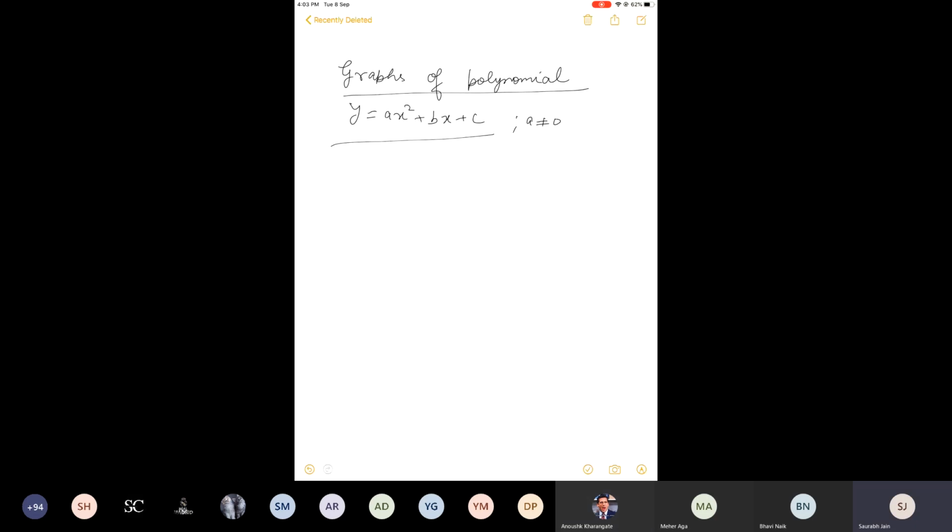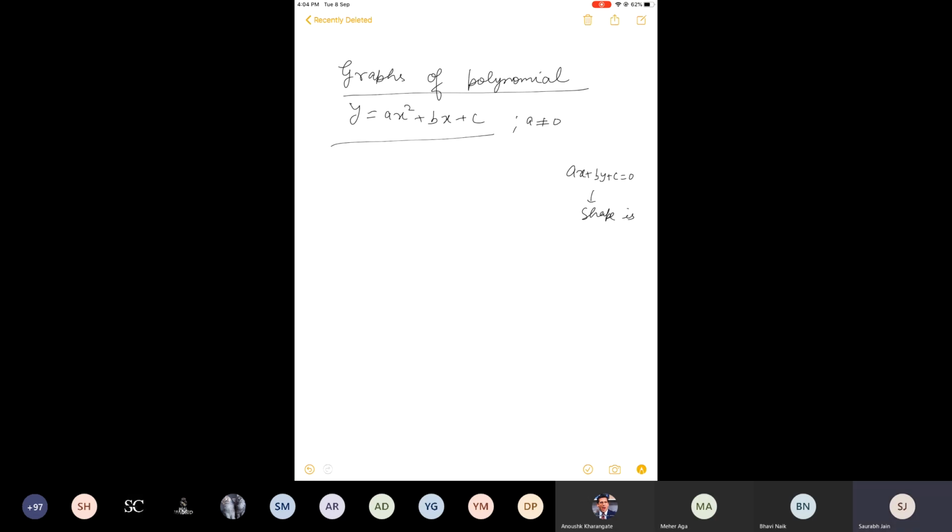All right. So today we are going to learn about the various types of graphs of the quadratic polynomial y equals ax square plus bx plus c. In class 10th, you have studied the techniques to draw the graph of a straight line, ax plus by plus c equal to 0. In class 10th, you learned the graphs of these types of equations. Linear equation in two variables. Okay, the shape is a straight line.